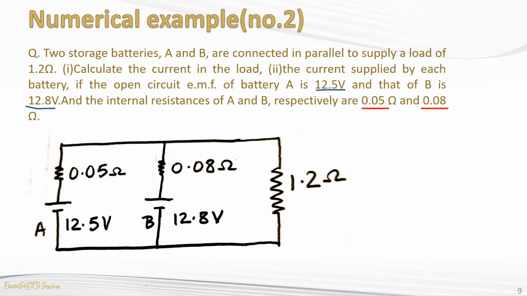So two batteries are connected in parallel and their internal resistances have been mentioned in the question. So they have to be placed in series with their respective source. So we have three branches which are parallel, one consisting of the load and the other two consisting of batteries with their internal resistances. Once the circuit has been made, then it is simple to apply our methods of circuit analysis.